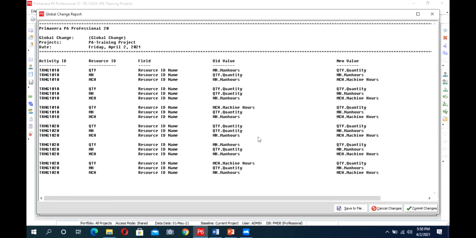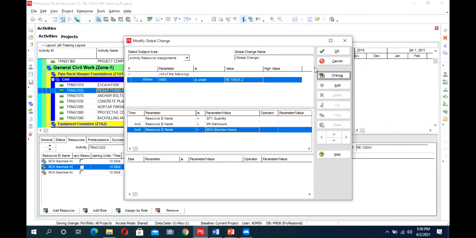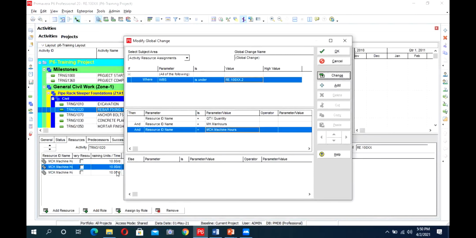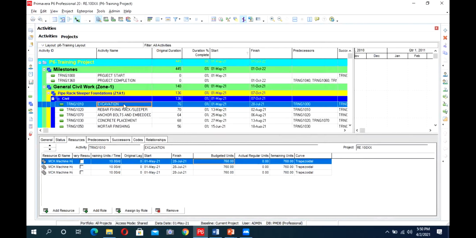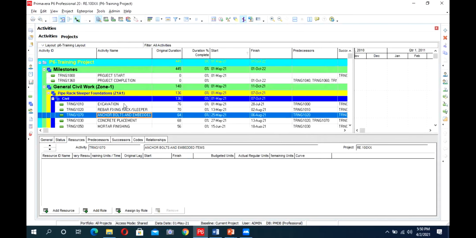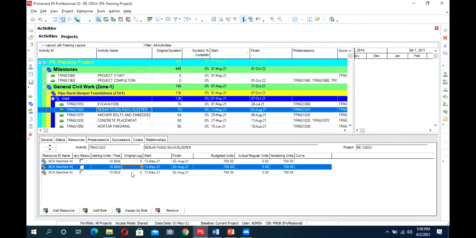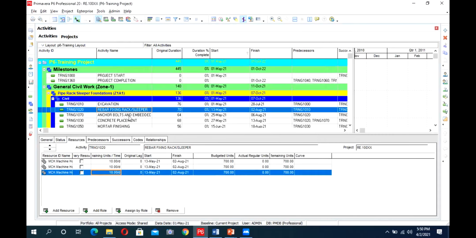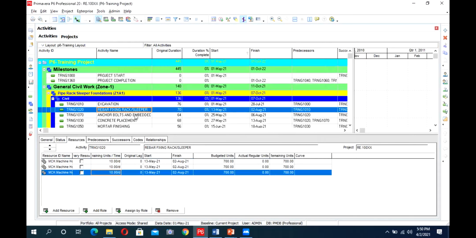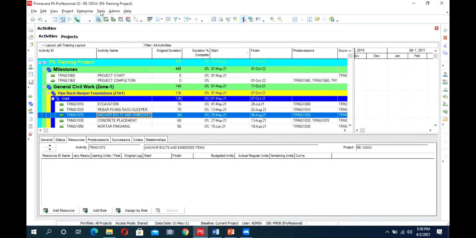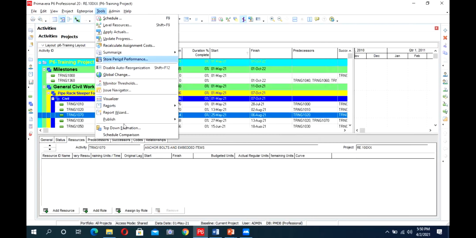And we will commit changes. It just changes the activity. I think we have to add the resources option here. We will again go to global change.